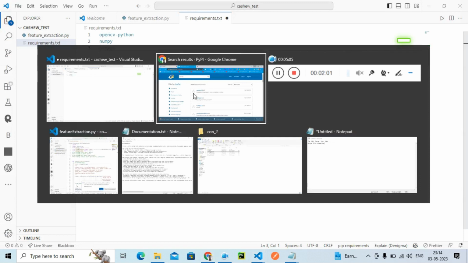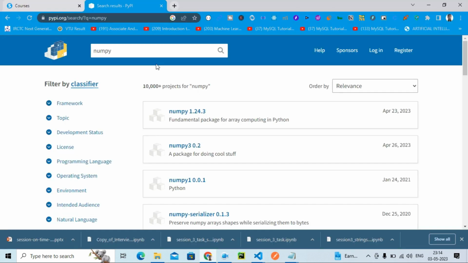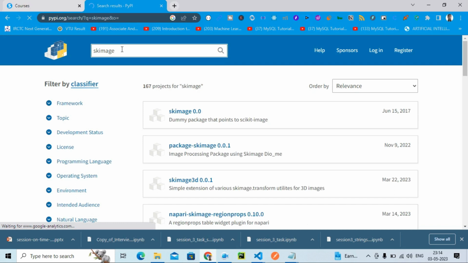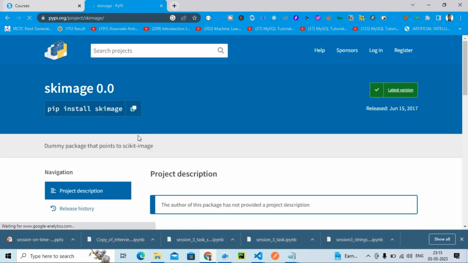How to install it, you can check, and you will get the idea of which dependency it is. Actually, it is not Scikit-Image, it is